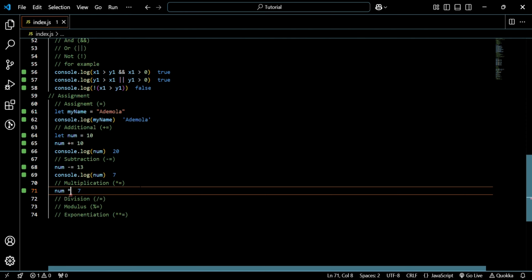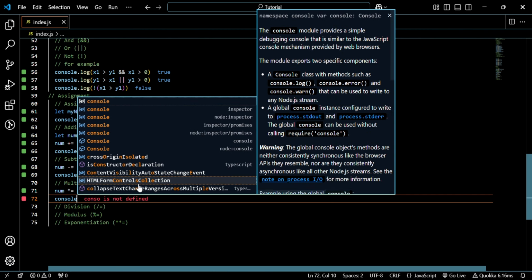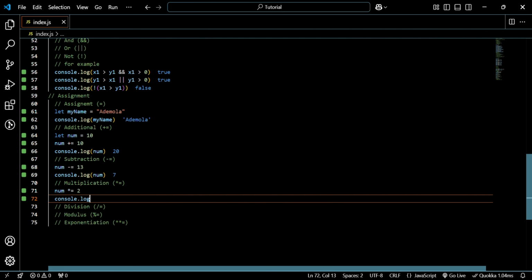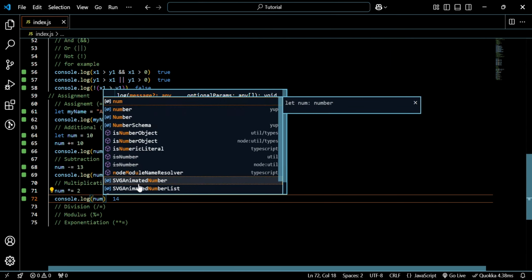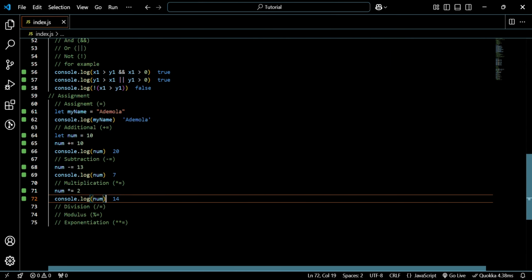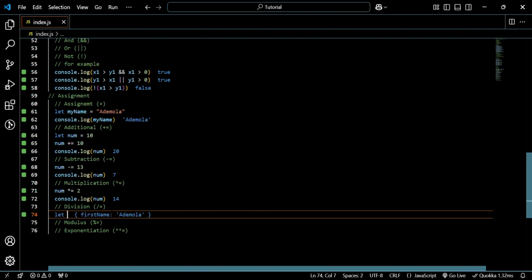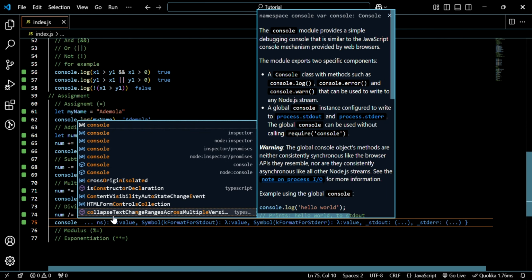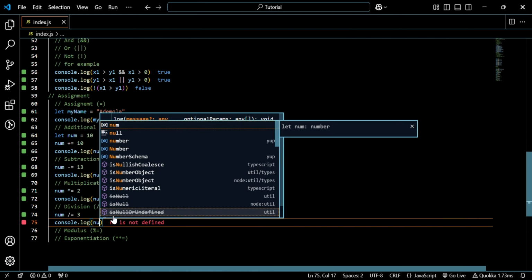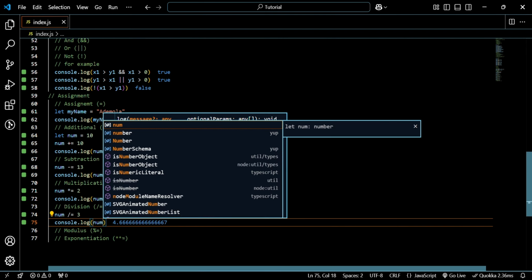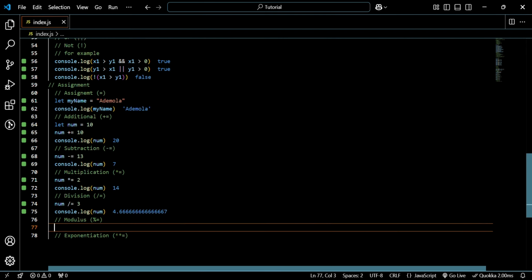So we can also do num multiplication, times equal to 2. If we console log that, it multiplies our previous answer, and we get 14. And we can also do the division, num divide equal by 3. If we divide it by 3 and console log num,